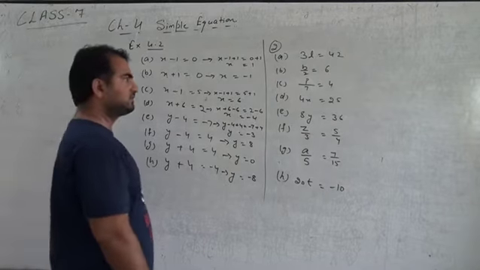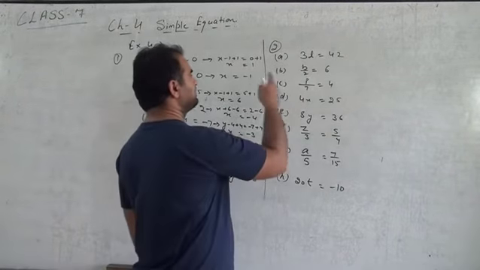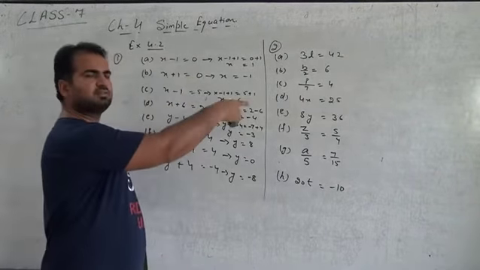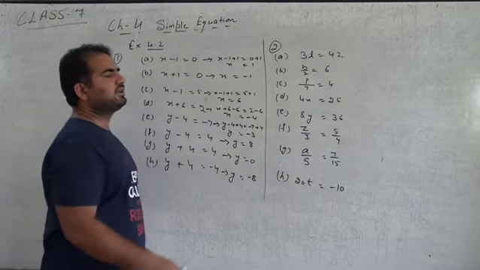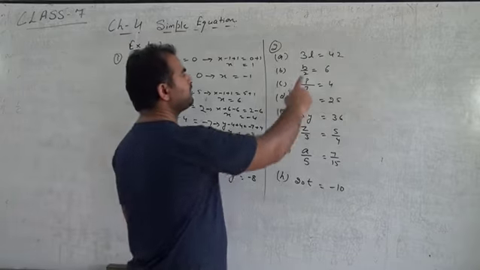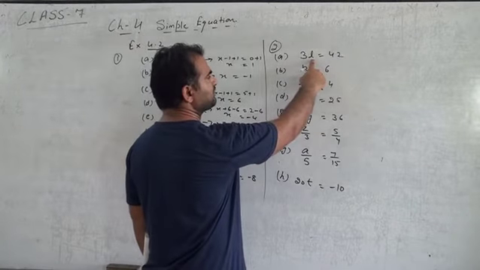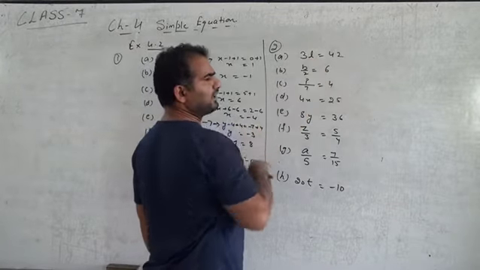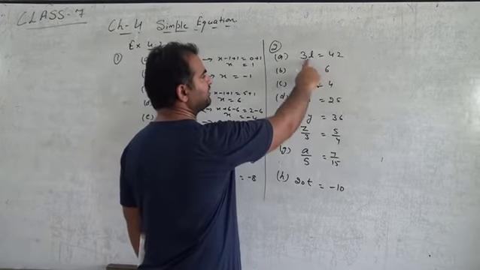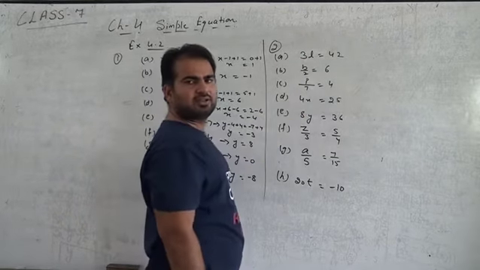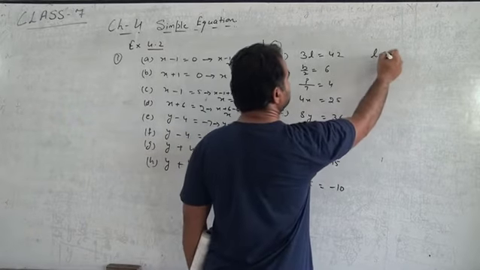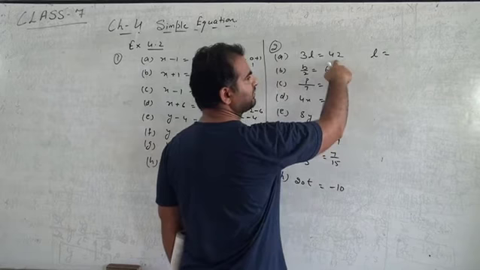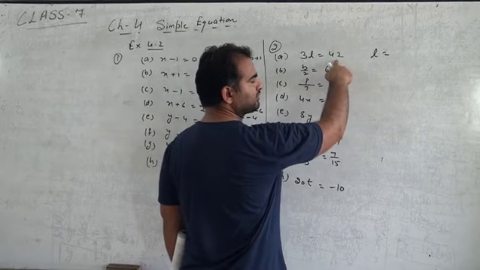Okay. Next question is question number 2. Same as before, we have to solve this question as it was done earlier. So what we have to do here is, from what number it should be divided so that we get the answer of L. It should be divided by 3 so that the 3 will be cancelled. So we have to divide this number also by 3. So L equals to 42 upon 3, which will be 14.